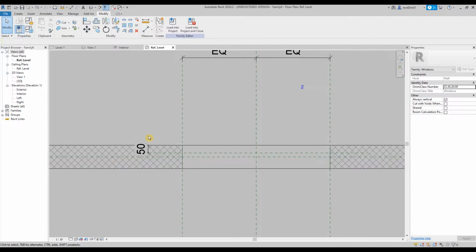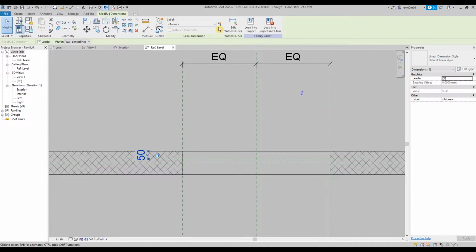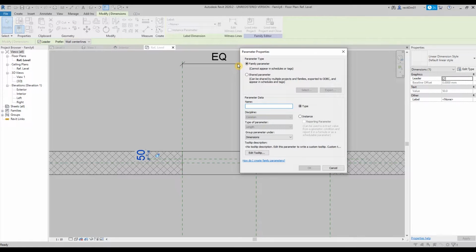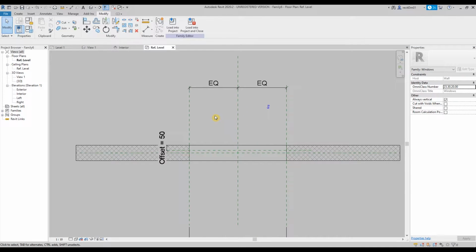So, yung 50, gawa natin siya ng parameter. So, go to label, then create parameter. So, type in natin siguro offset. Then, instead of type, gawin natin siyang instance, then press OK. Okay, and then,